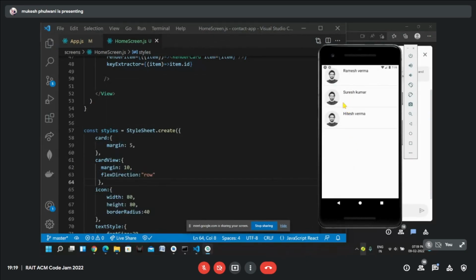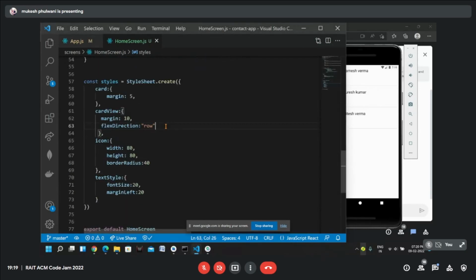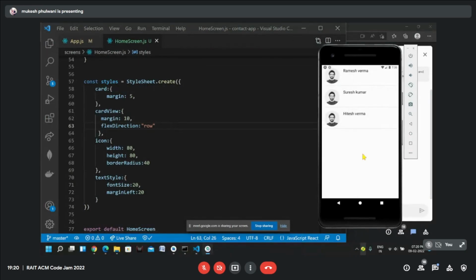So now this name should be on center. Okay, I want this name to be on center. How can I do that? How can I achieve that? Any guesses? Do you guys want to try how it will be done? I want this text to be here, say on the center, all this text. How can I achieve that?